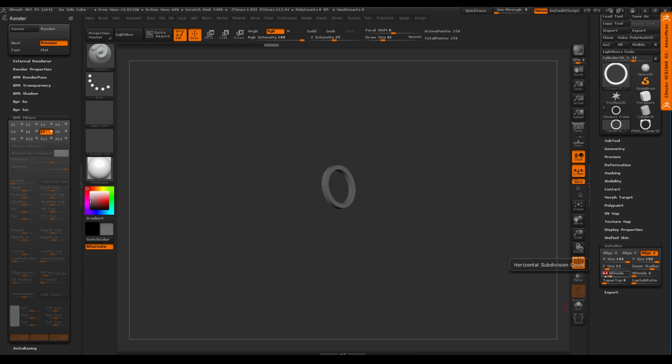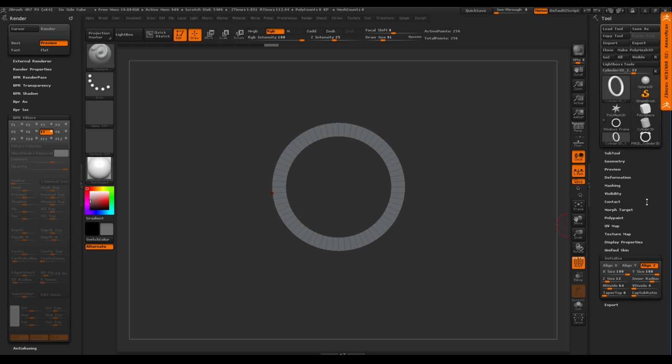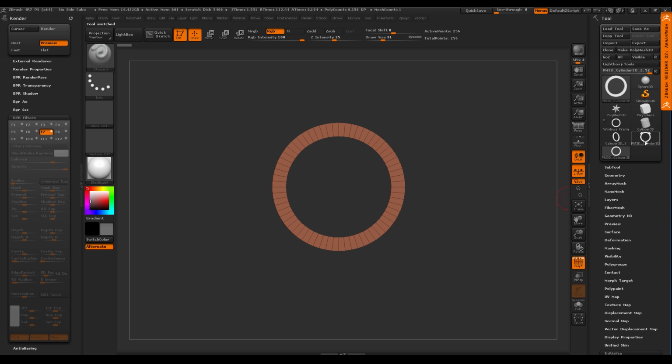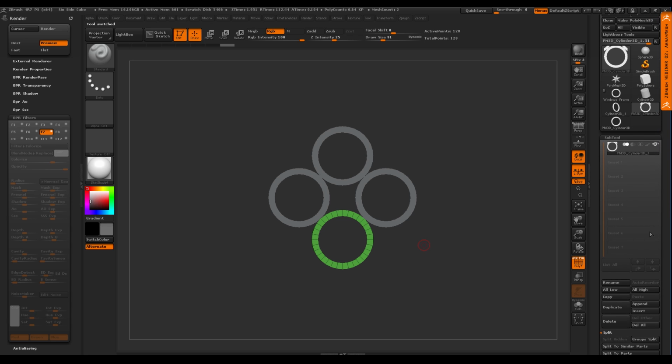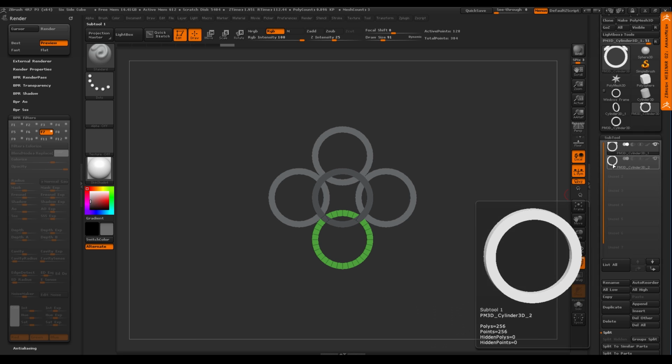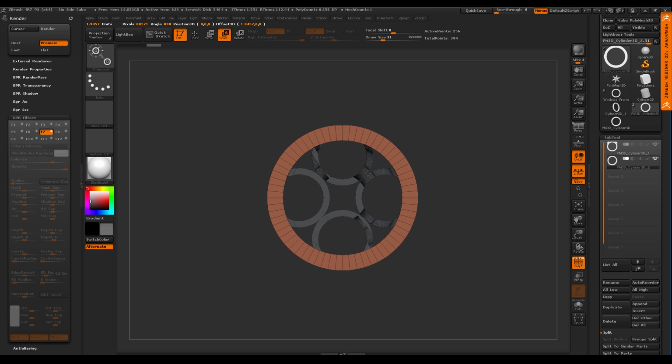This is why this step is really important. Okay, because again, I want to have that perfect C that's perfectly straight there. And the reason why I'm doing 64 is if I want to weld these pieces, you'll see it's going to work out nicely. So I'm going to make that a poly mesh. Let's go back to my 4 rings, which are an array mesh right now. All right. Now let's open up our subtools and let's append that new one that I made. Okay. So this is now going to become my outer ring. So all I need to do is change the size of this. So I'm just going to switch to scale. I'm going to say, what do I want?